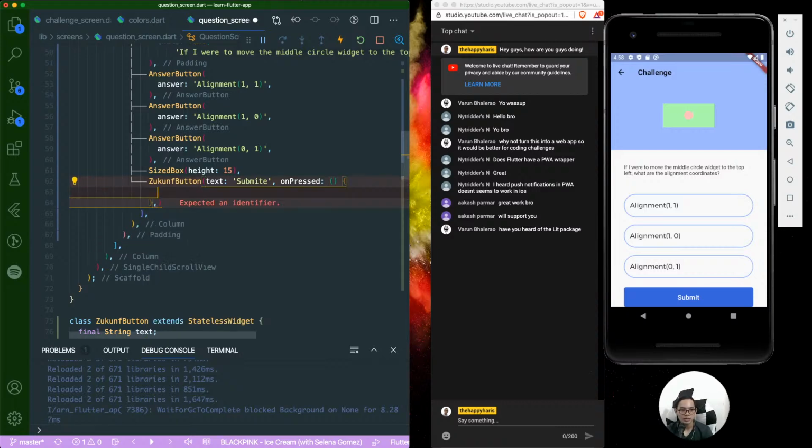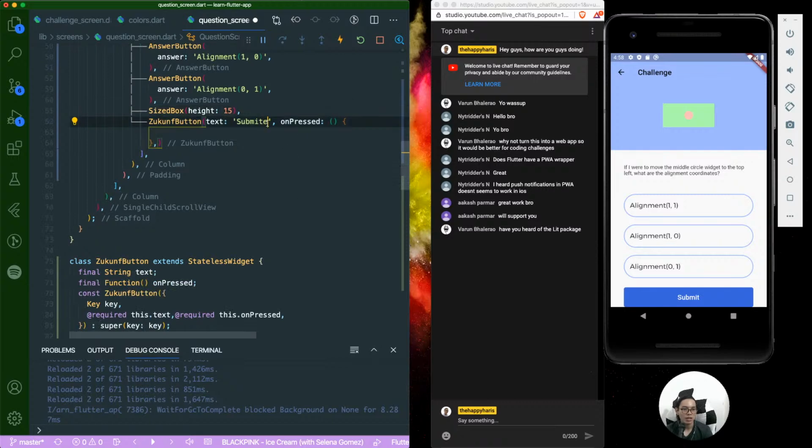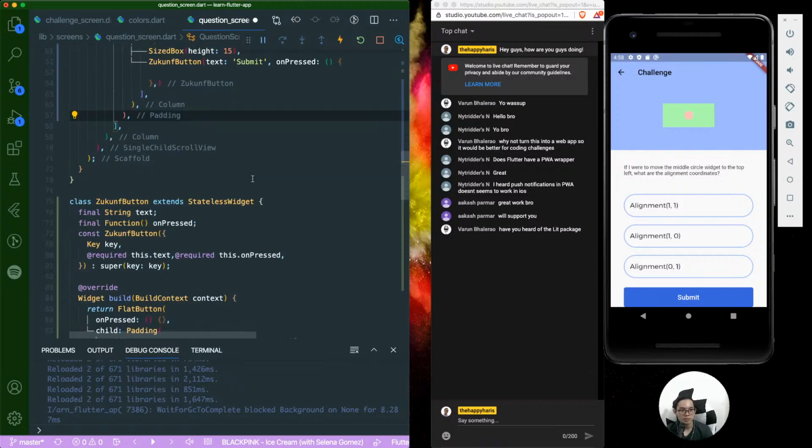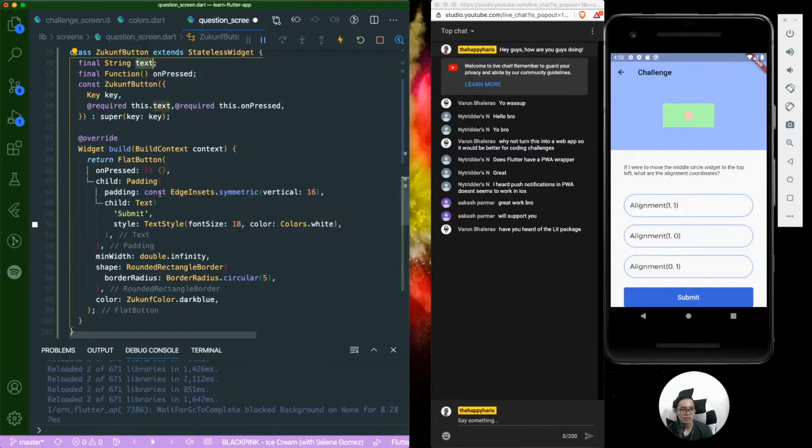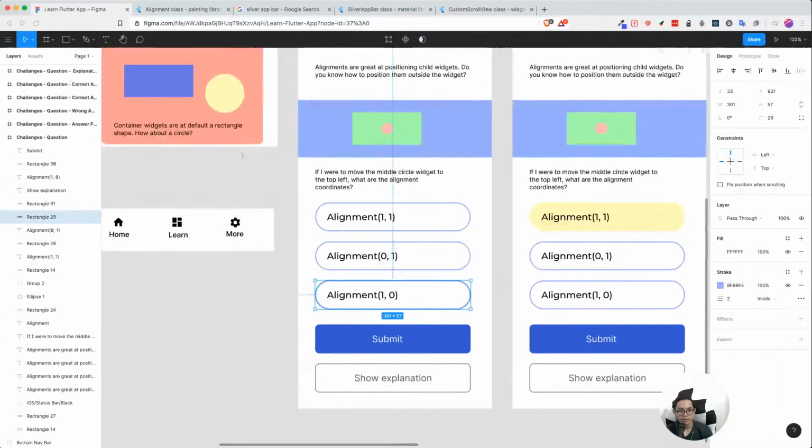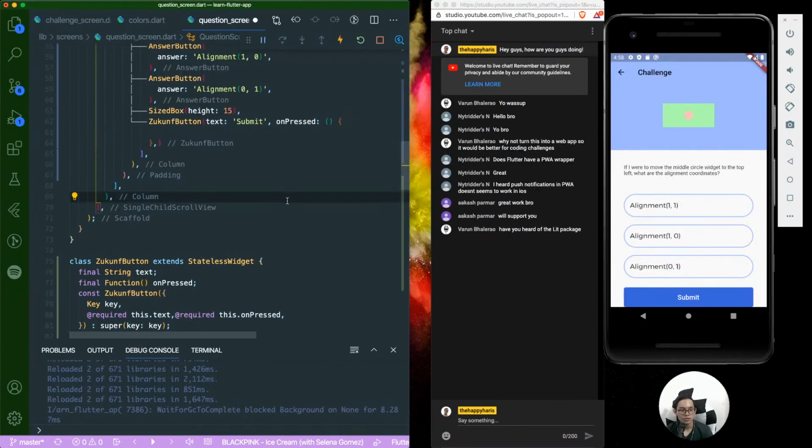Come on, it's sweet. There's nothing that I can do. Submit. Then your text will go here, and then your onPressed will be here. Since we have this colored and non-colored version, I would say